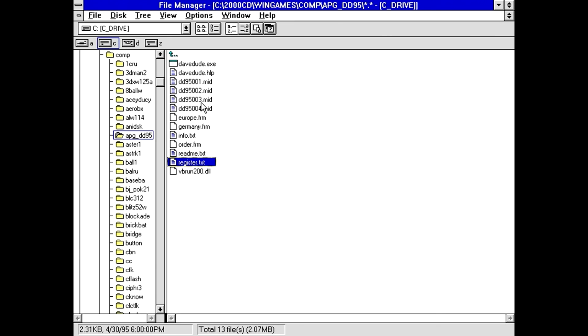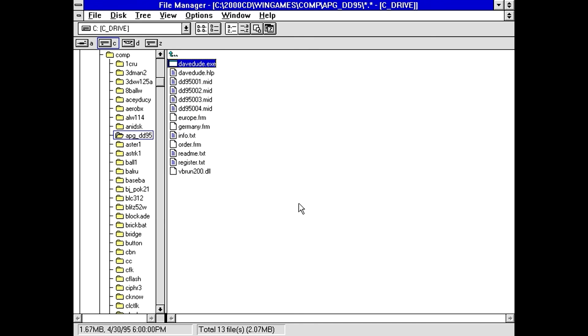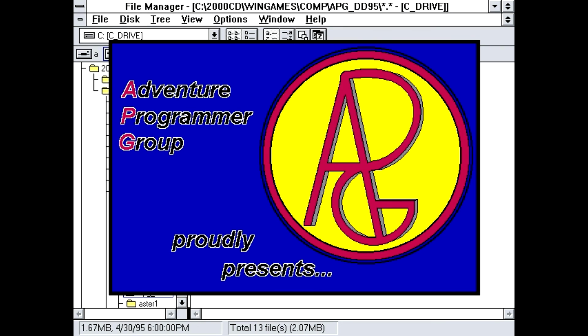Okay, let's see what we have here, because I don't know what to expect. It's an adventure game of some kind. Oh. The game won't even start unless you're at 640 by 480 by 16 colors. Well, give me a minute here to fix that. Okay, 640 by 480 by 16 colors. Let's go. Adventure Programmer Group proudly presents...